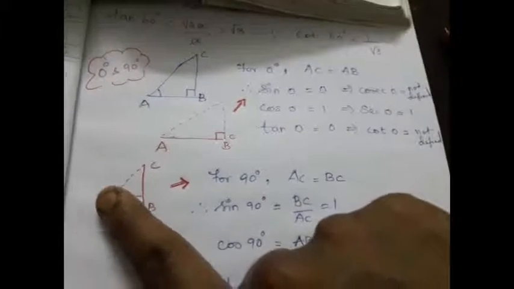Hope you understood. For 0 degree, what did we do? We reduced the angle A to 0, which means we brought AC closer to AB to reduce the angle A to 0, right? So what are we going to do for 90 degree? For 90 degree, we need angle A as 90 degrees, so we are going to bring AC closer to BC. We are going to move in this way. This picture is also wonderfully depicted in your textbook.